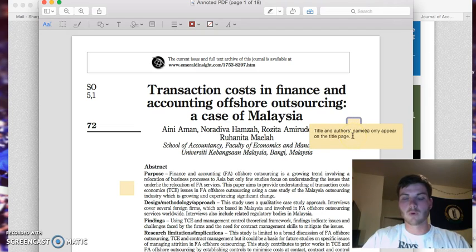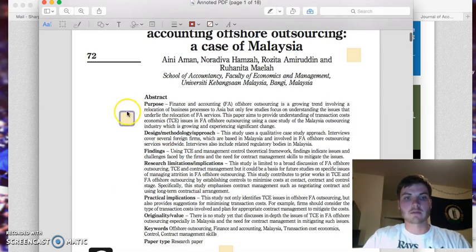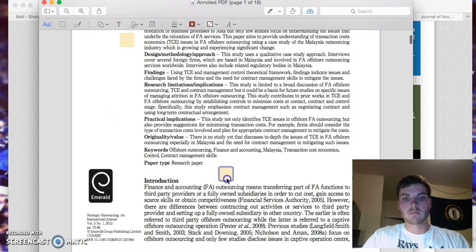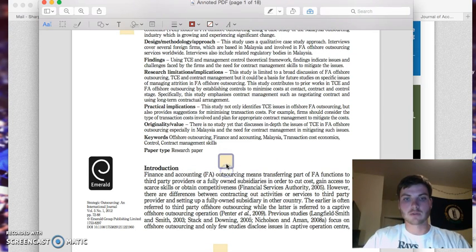Normally in the accounting practice, title and author's names are only included on the first page. As you can see, there's an abstract section that is included, and they should only be about 150 words. Mentioned in the prompts about what to include here